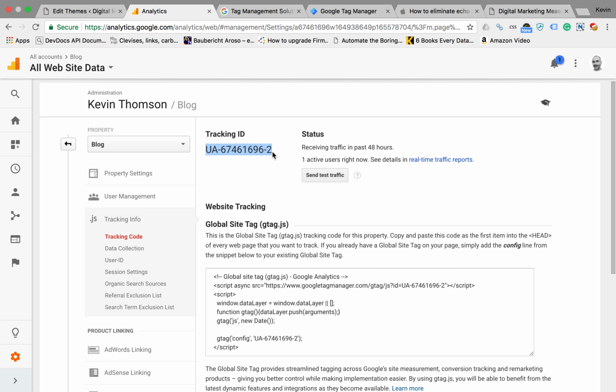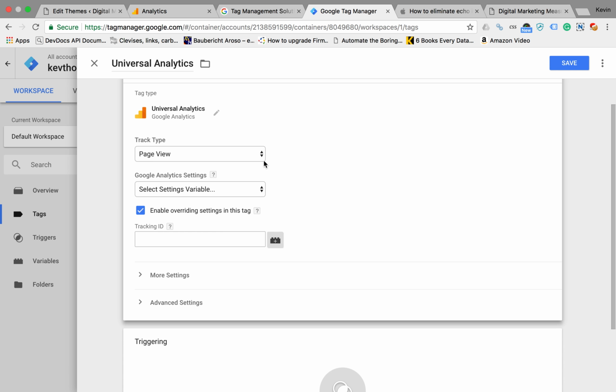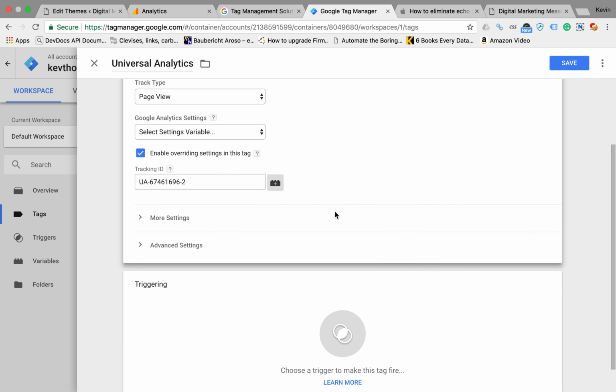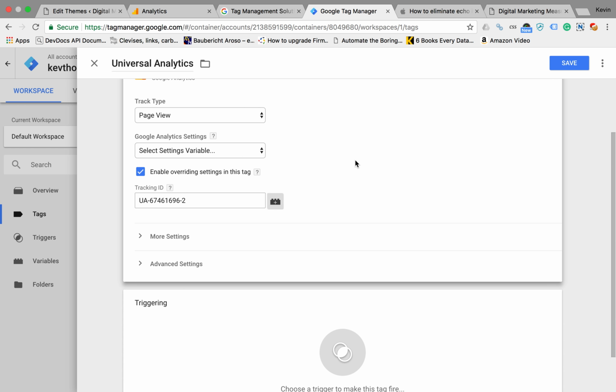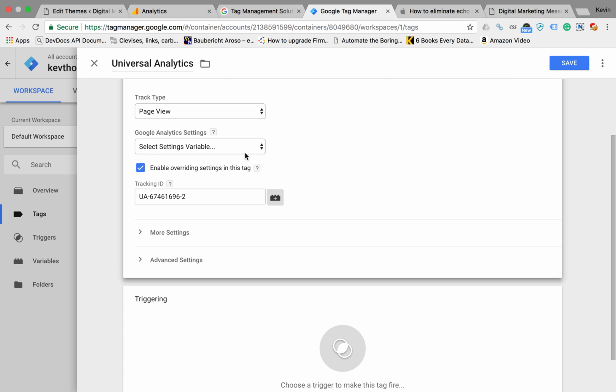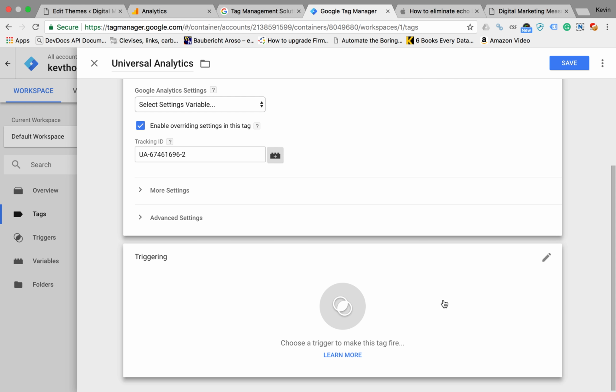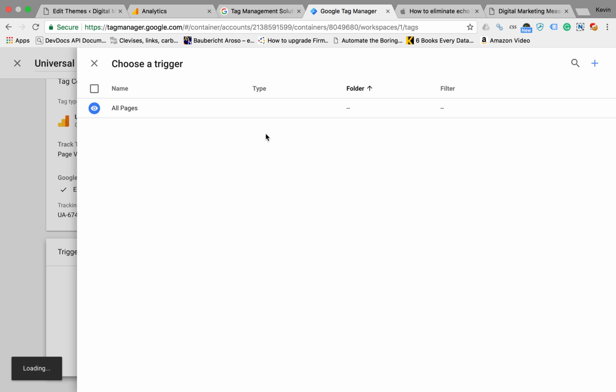So if we take that tracking ID from Google Analytics, head back over to Google Tag Manager, paste that in there, and the trigger here when we want this particular tag to fire, if we click the pencil here,